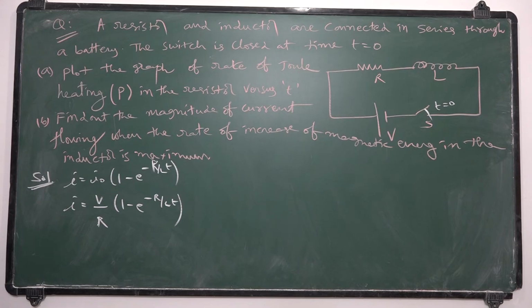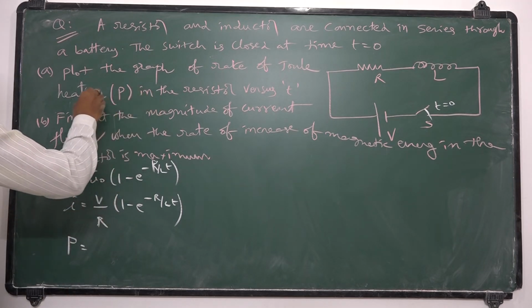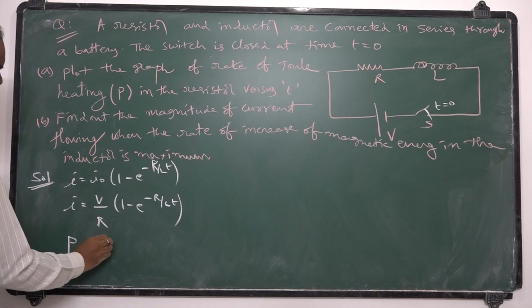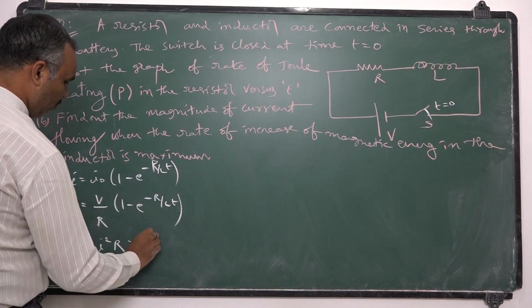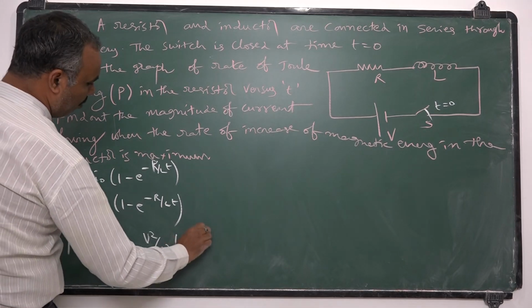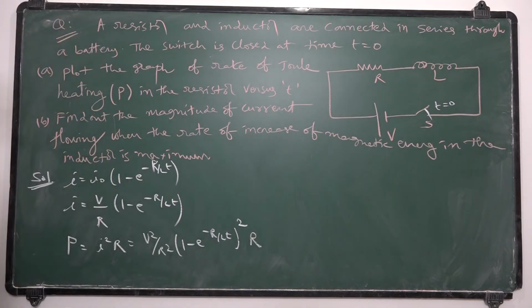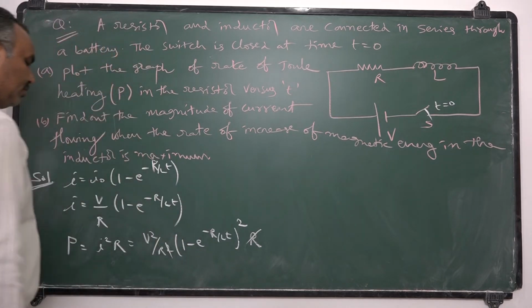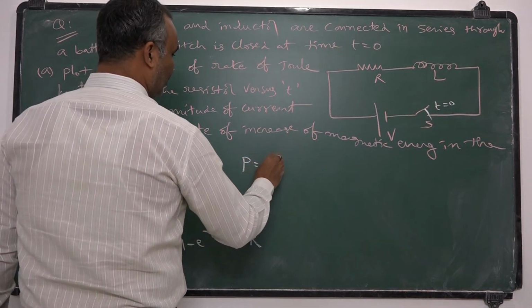You are asked to find the power, in the sense of the rate of joule heating. Power is I square R. I square means V square by R square into (1 minus e power minus R by L into t) whole square, into R. So one R and the R square get cancelled, and the power value you finally get is V square by R